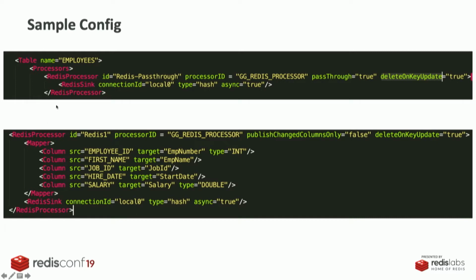So you see here, for Redis sync, we give a connection ID. We have a connection properties file wherein the Redis-related connection properties are stored, and then we are saying we want it to be of type hash, and asynchronous is true in this case. All right, that is the first processor. And the second one, if I see here, it's the same table,